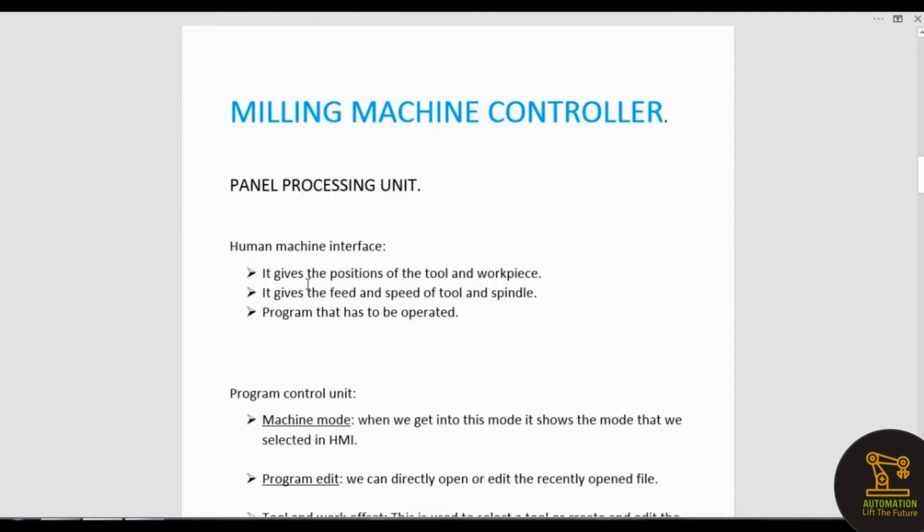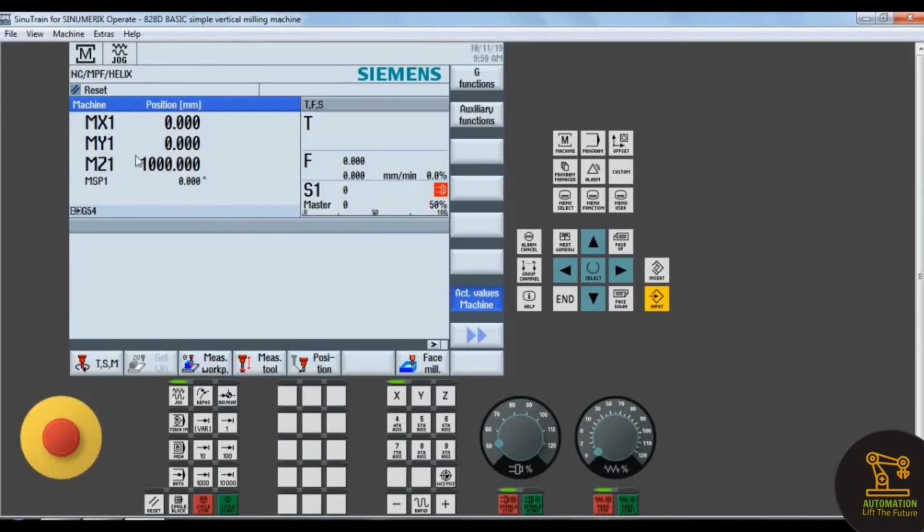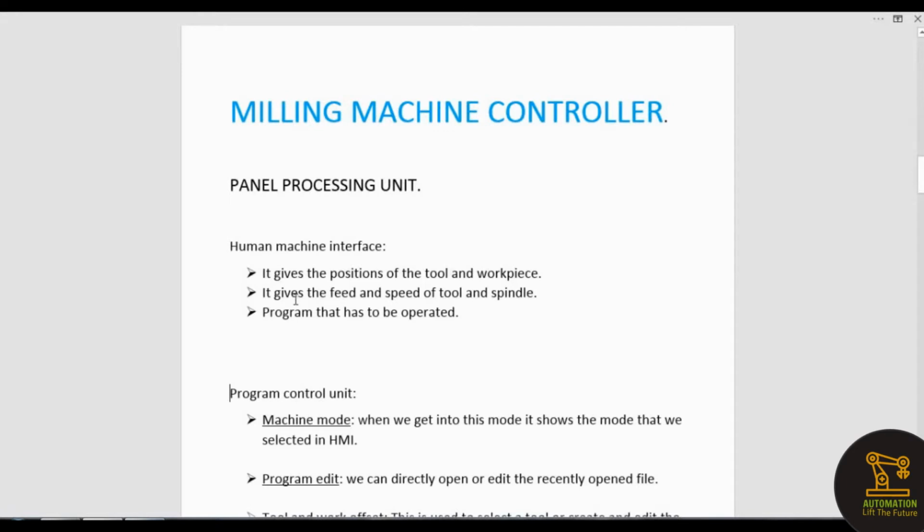Now let us learn about human machine interface. It gives the positions of the tool and the workpiece. Here, position of the tool is given in x-axis, y-axis and z-axis. On the right, feed and speeds are given. It gives the feed and speed of tool and spindle.